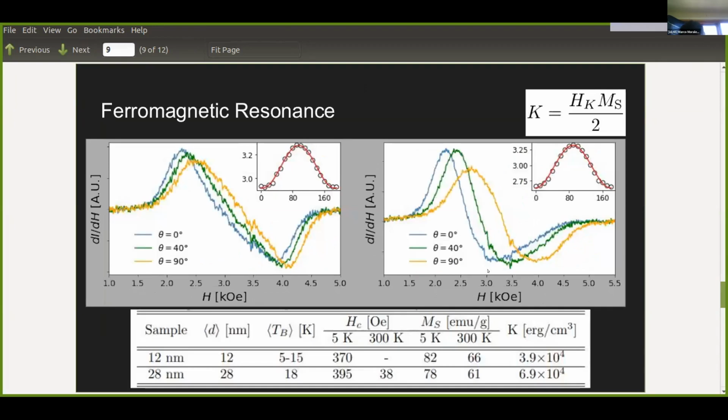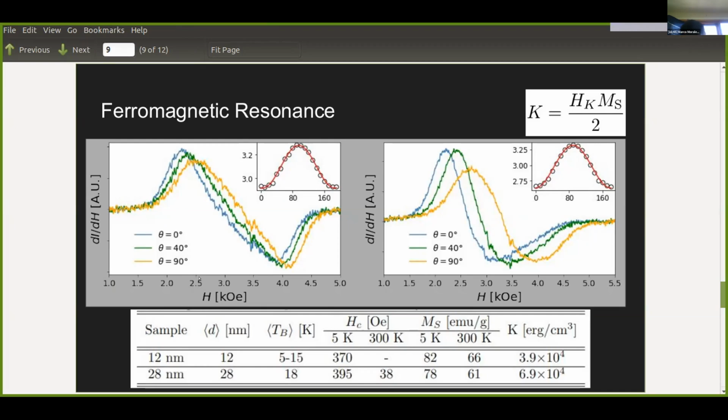Ferromagnetic resonance measurements allow us to estimate the effective anisotropy at room temperature. For this measurement, we disperse particles in an epoxy resin solution and then orient them using a permanent magnet of 8,000 oersted. The strong angular dependence of the ferromagnetic resonance spectra reveals the presence of a uniaxial anisotropy in the sample. Measurements with the field applied parallel, at 40 degrees, and perpendicular with respect to the easy axis of